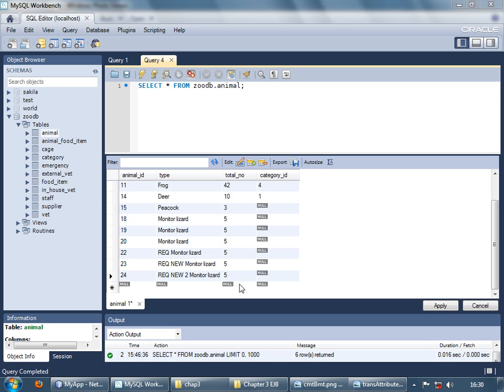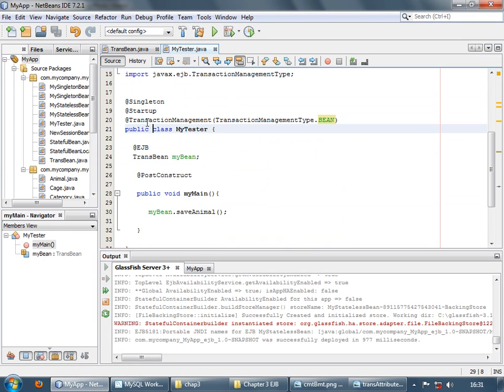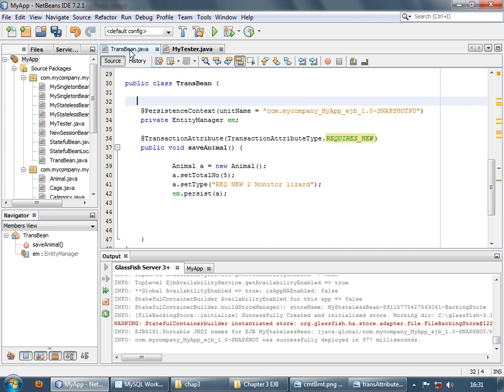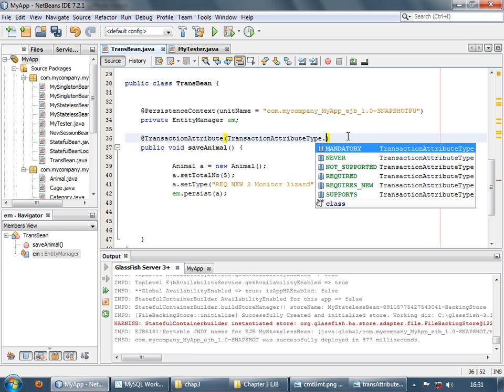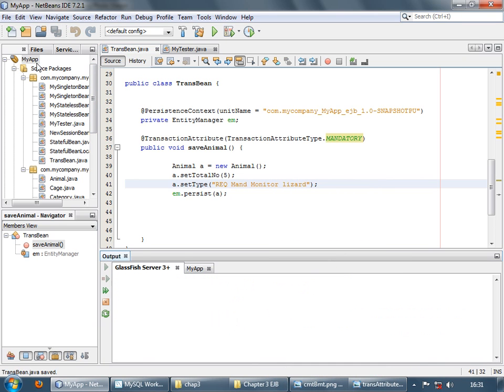and here's the output. Now mandatory means the client should always be in a transaction before executing this method. If the client is in a transaction, the method marked with mandatory runs with that same transaction. If the client is without a transaction, an exception is thrown. So let's see an example. So let's first of all comment this out, meaning now this method is in a transaction, the client is in a transaction. Then over here let's change the attribute to mandatory and save and run the application. Before that, let's make it and over here. Okay, clear, run,